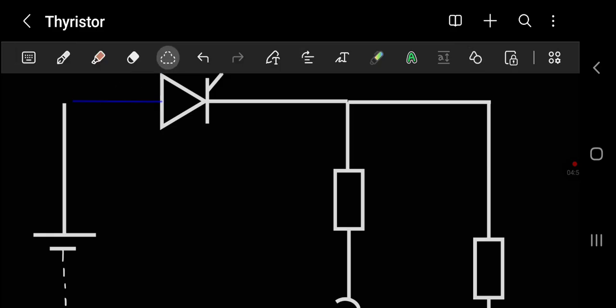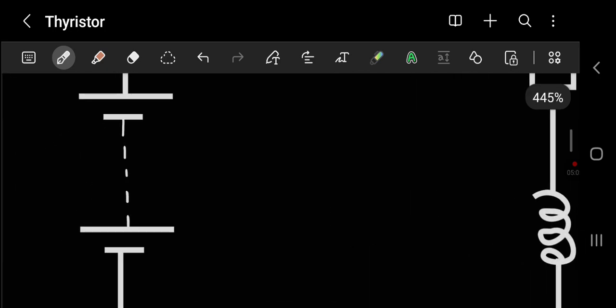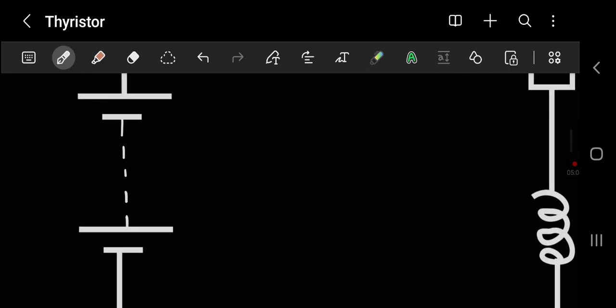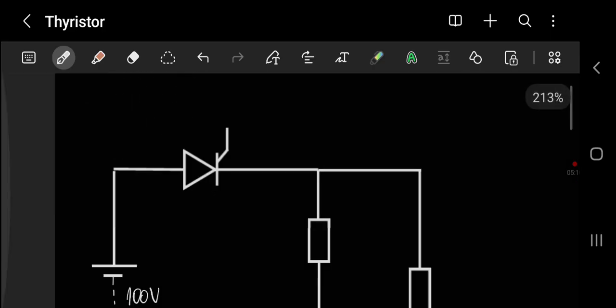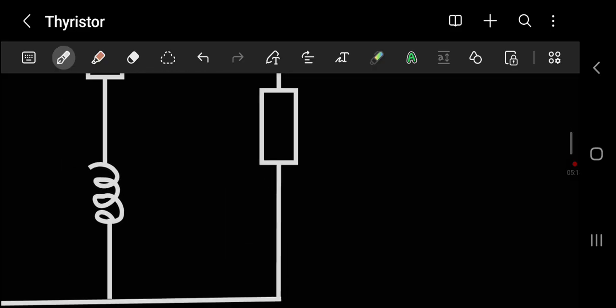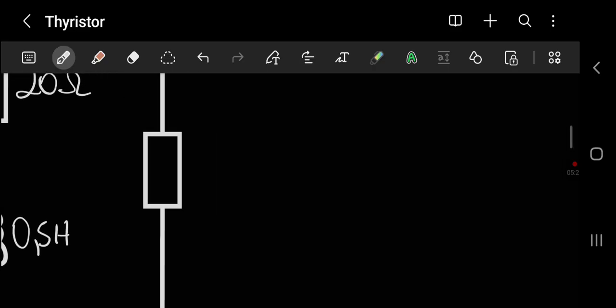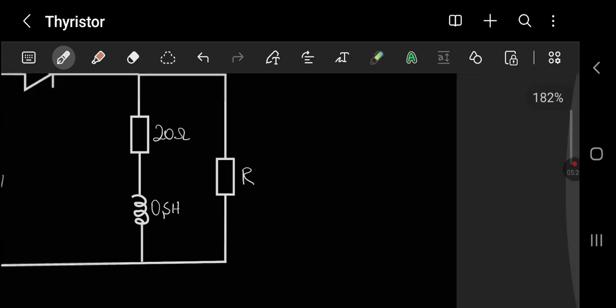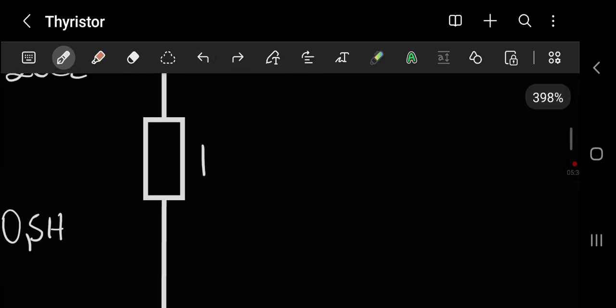okay. So this arrangement of these DC sources gives us 100 volts. This resistor has 20 ohms. This inductor 0.5 henries. And we want to know this resistor, but let me first